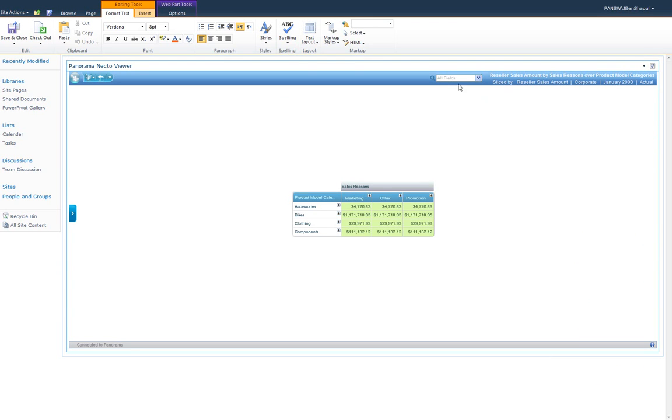Of course, you can have multiple web parts, so each web part can be a different component. You can have two pages or two workboards on the same page, but that's just to give you an understanding of how Necto's embedment works inside SharePoint. For a full demo, of course, you can always look at our website and see what else we can do. It's important to note we can put inside a Necto dashboard page, which is inside SharePoint, also Reporting Services, PowerPivot components, and other